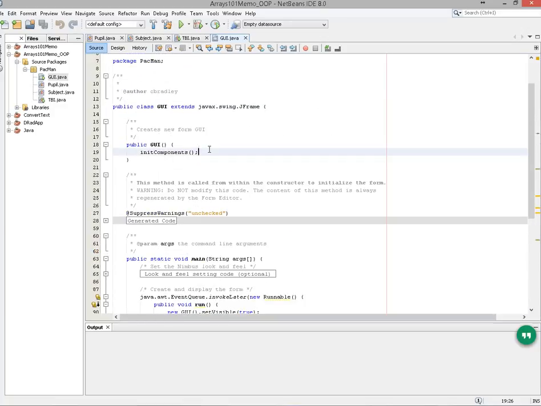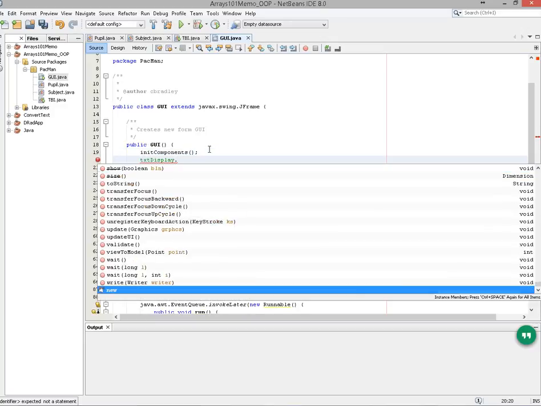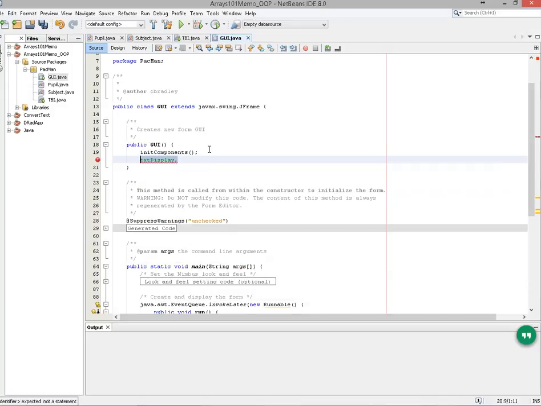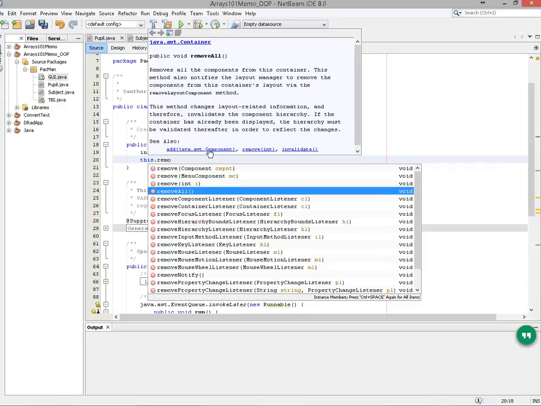We can change, like now that txt display dot, I can change it and I can do any method in here. For example, I can go this dot remove all, and that would remove the frame that I added there. I wouldn't want to do that. So, yes,